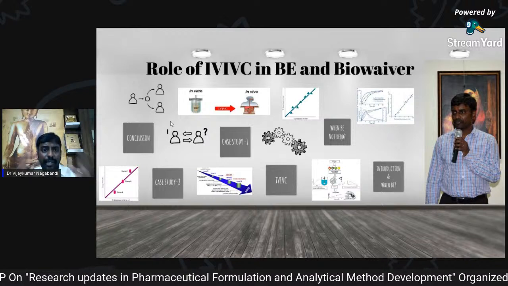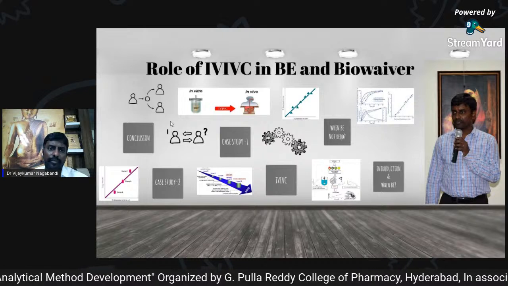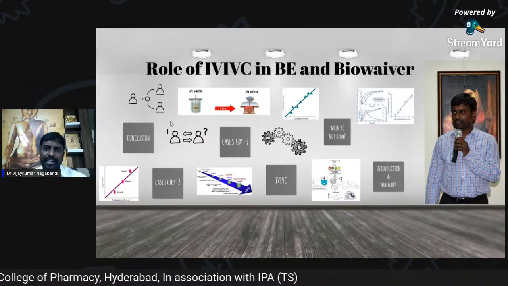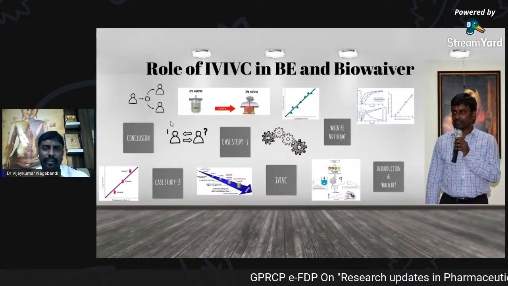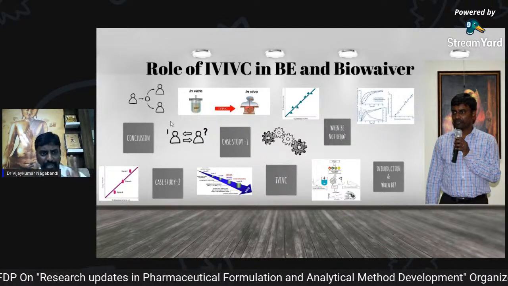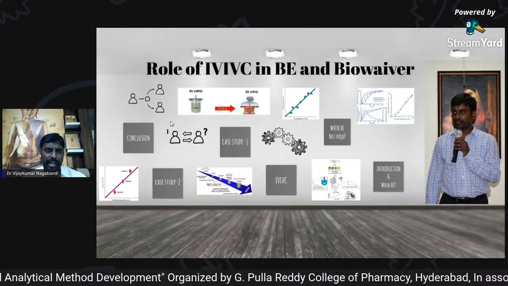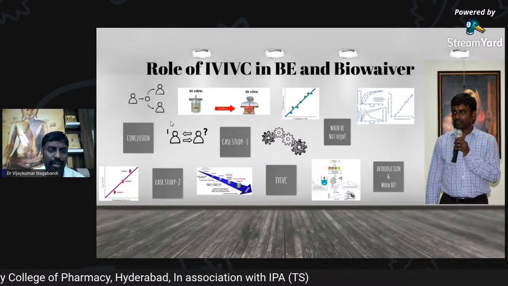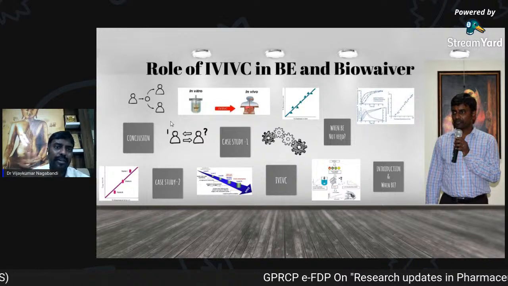In that case, we should have a strong correlation between in vitro testing and in vivo performance. If you build that correlation and use this tool before conducting the bioequivalence testing, we can predict the bioequivalence value, then proceed with the bioequivalence testing, and according to our prediction we may get similar values. But for that, in-depth knowledge of the product's behavior in vivo, the actual physiological conditions in vivo, and the actual behavior in vitro is required. Then only is it possible to build the correlation, because this is the core, the heart of formulation development.